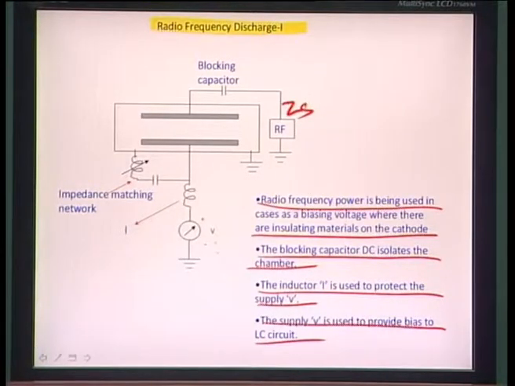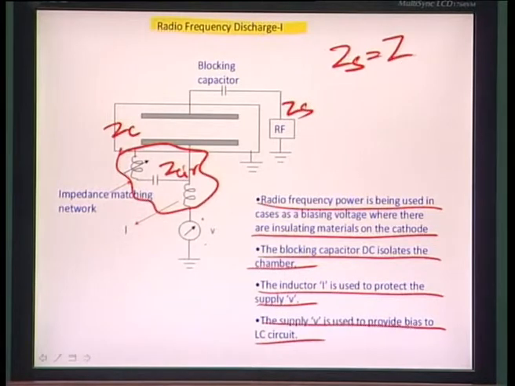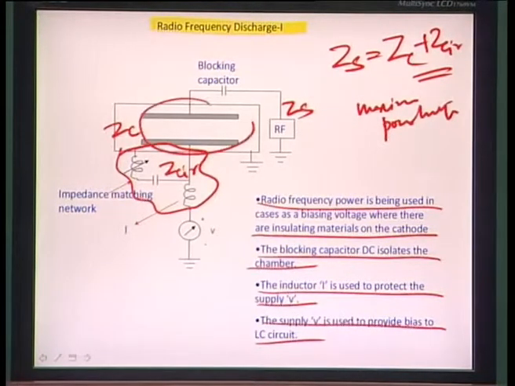and the total load is essentially the impedance of the chamber, let us call it ZC, and the impedance of this particular circuit, which is Z circuit, ZCIR. So, essentially we have to derive a condition ZS equal to ZC plus ZCIR for maximum power transfer to this part of the circuit, and in order to do that you have to equalize this network. Therefore, you sometimes do not have a perfect ZS equal to ZC equality, and one of the reasons is